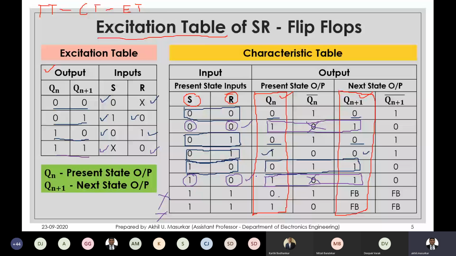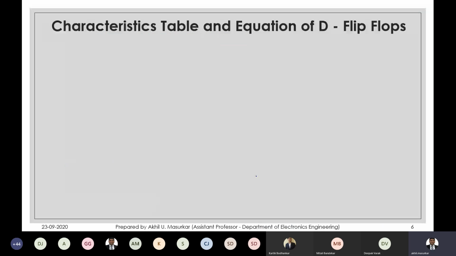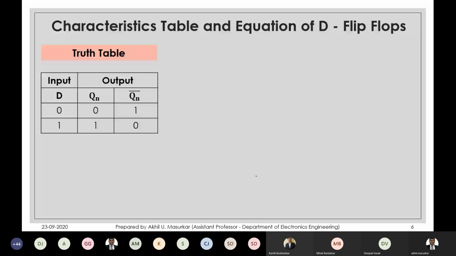let's look at the next thing, characteristic table and equation of D flip flop. So first look at the truth table of D flip flop. So please note that D flip flop is a set reset flip flop. So when you give 0, the output is reset, and when you give 1, the output is set. Because D flip flop operates only on the middle two conditions of SR flip flop, that is 0, 1